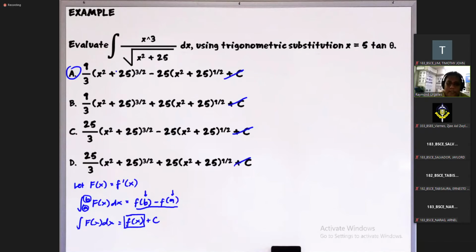For example, ang gagamitin ko dito is from 0 to 1. Okay? So para simple lang, diba? May value naman to at 0, diba? So this will be 5. So at 0, this is 0. So therefore, may value tayo at 0. At x is equal to 1 naman, this is 26, this is 1. So meron din tayong value. And anything in between 0 and 1, defined naman yung function natin. So kaya wala tayong problema dun sa 0 to 1.